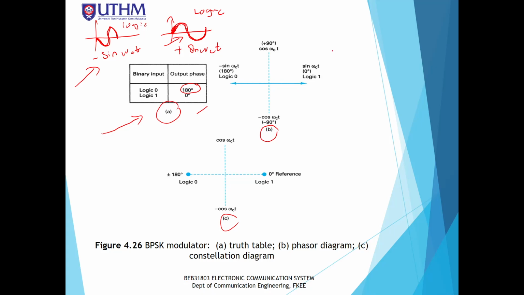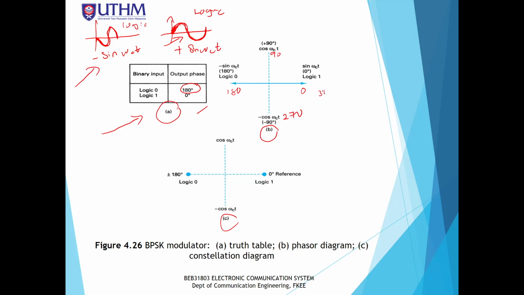So for logic 1, actually the phase is 0 degree. Remember, if you draw, this is 0, 90, this is 180, this is 270, and then back